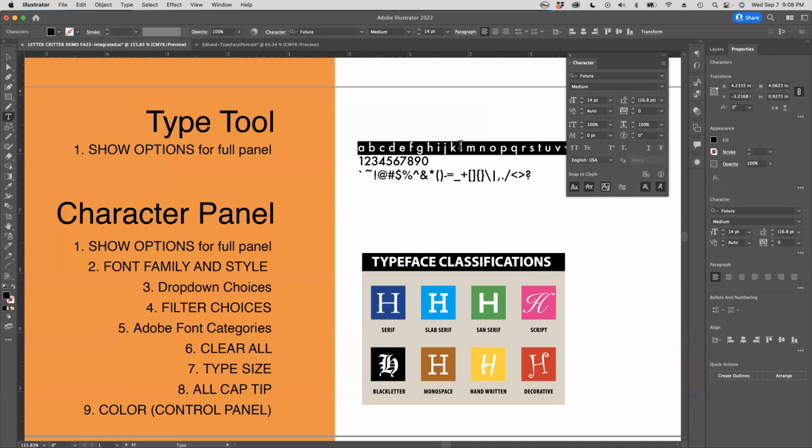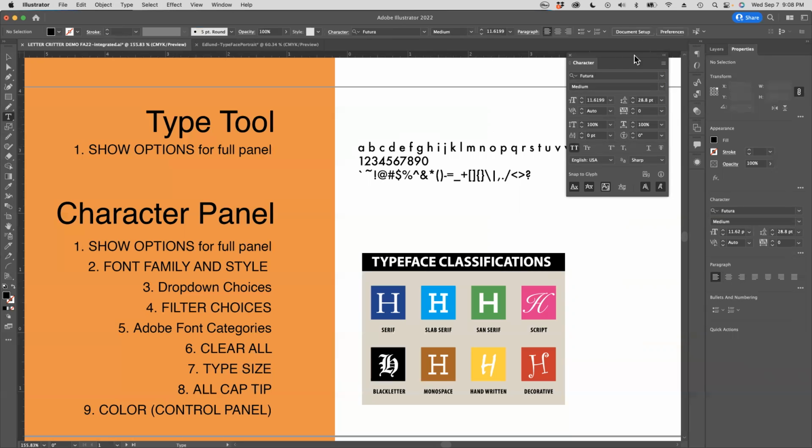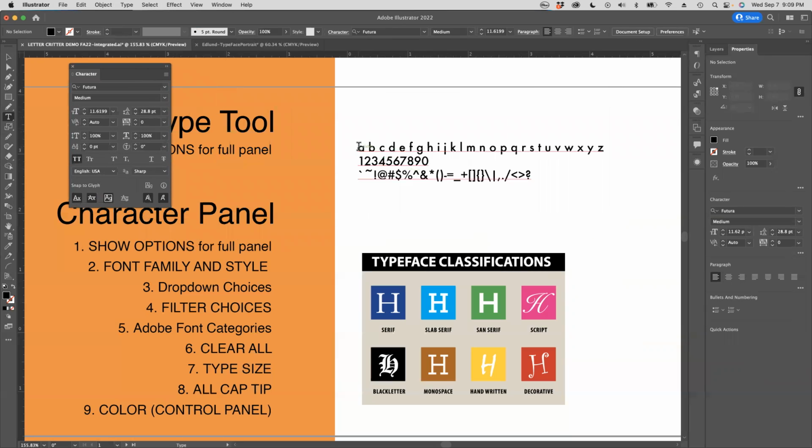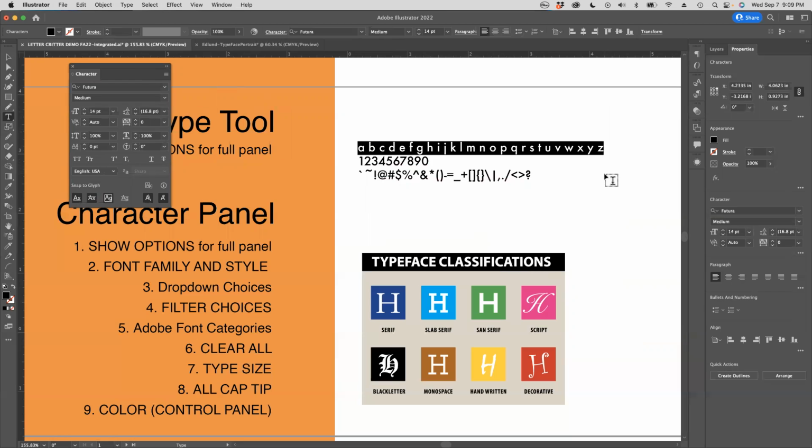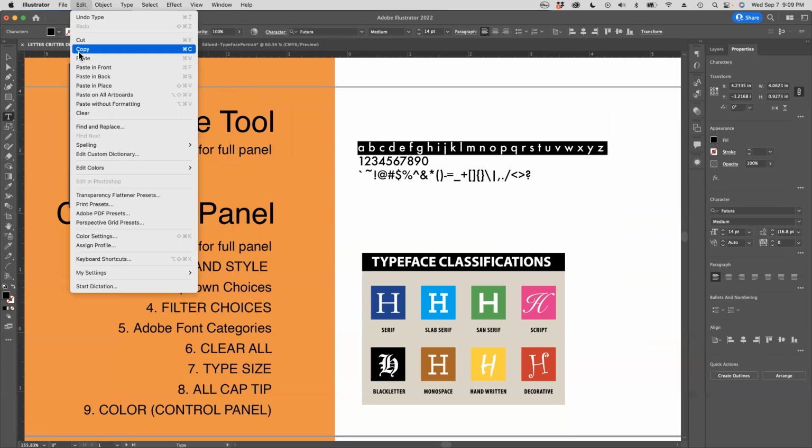I'm going to select some of this type, and I'm using the type tool again, and I can click and drag over it to select it. I can also double click to select a single letter, or I can triple click to select the whole line with the type tool. I want to select that whole line, and then I want to go to Edit, Copy,